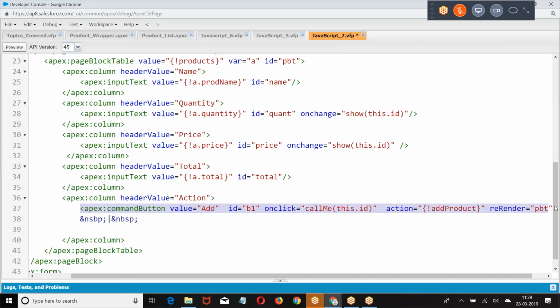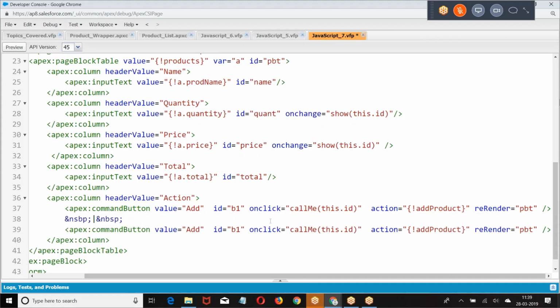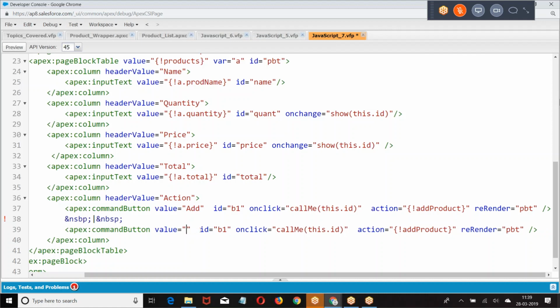Then I went to the next one. Same story. Now, this is what we are given: add product, delete product.